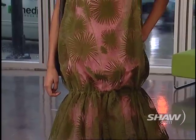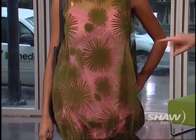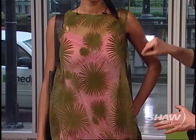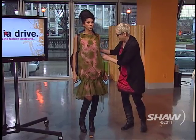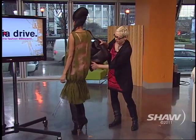Explain what we have here, the green sheer. Okay, so underneath this, there's a slip that I dyed pink, and it's got a Leonardo da Vinci heart on it, with the writing. And on the back, it has the spine. So that is a dress you could wear at the beach even if you wanted to, or out for